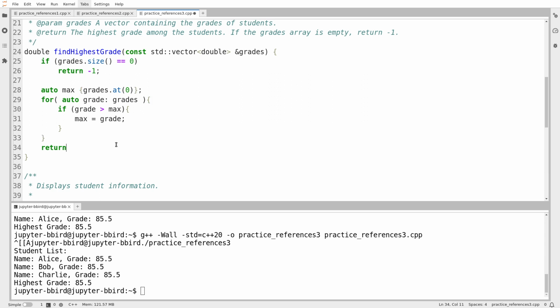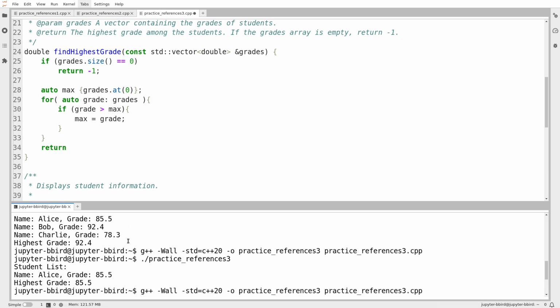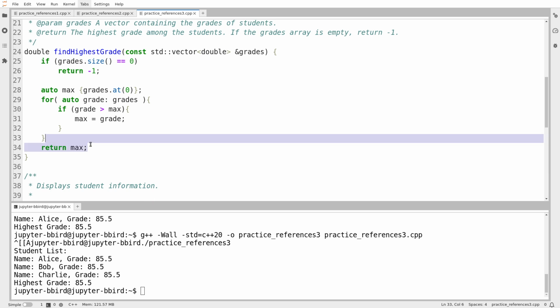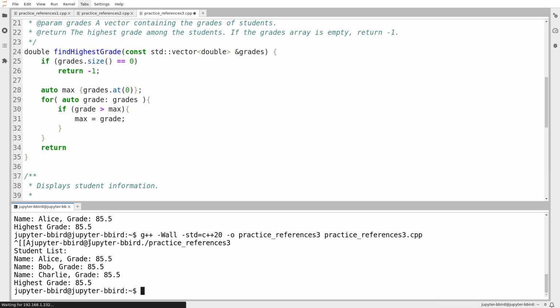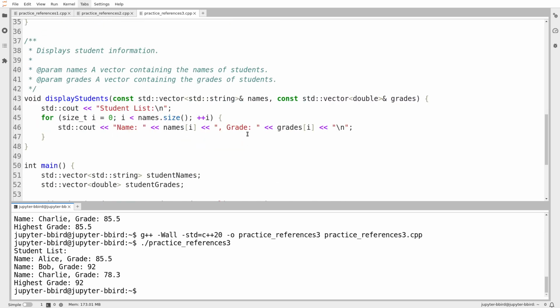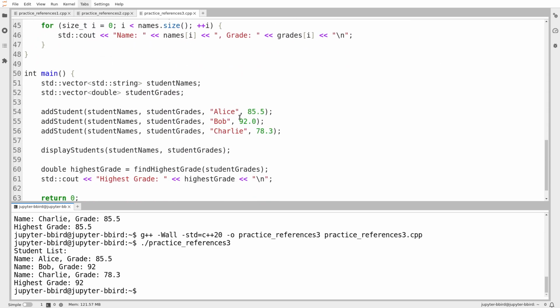Oh, actually, wait a minute. Oh, that's interesting. Oh, I see. Okay, I must have pressed undo. Return max. So this wouldn't have compiled. For some reason, I was sitting in this state, which wouldn't have compiled. But because the code was working, I think what happened was I accidentally undid the code I already wrote. So what did compile correctly. I'm going to recompile and test it just one more time. Yeah, okay, so I think that's still working. I'm not sure what happened there. So in any event,